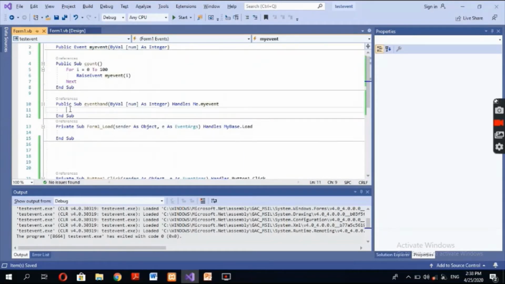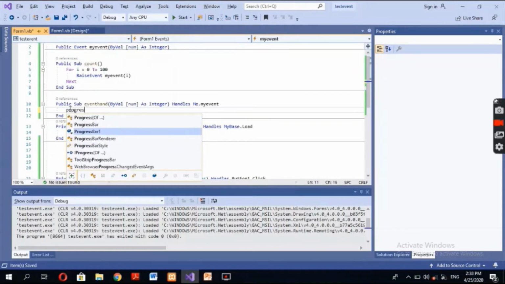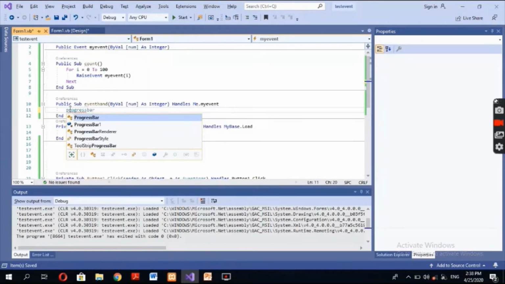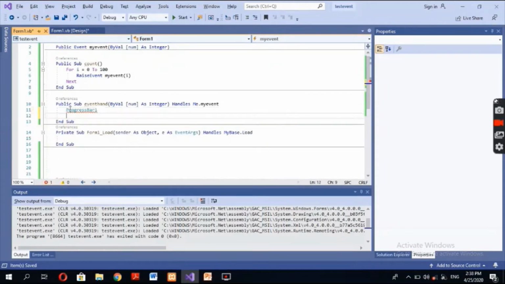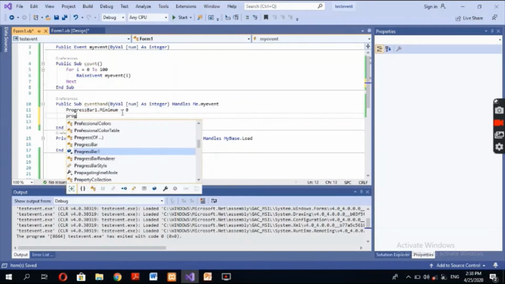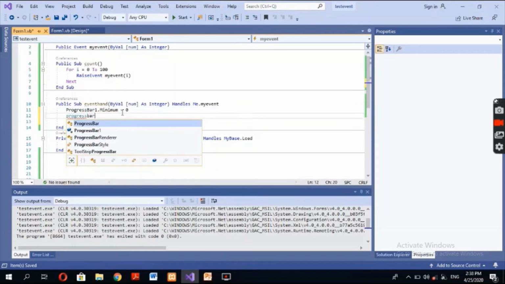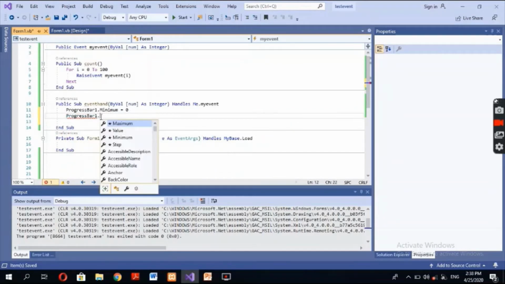Now inside this we would give the minimum value of ProgressBar1, dot, we will specify the minimum and maximum value of this progress bar, just to be sure that our values do not exceed that particular range. Now what is this ProgressBar1?